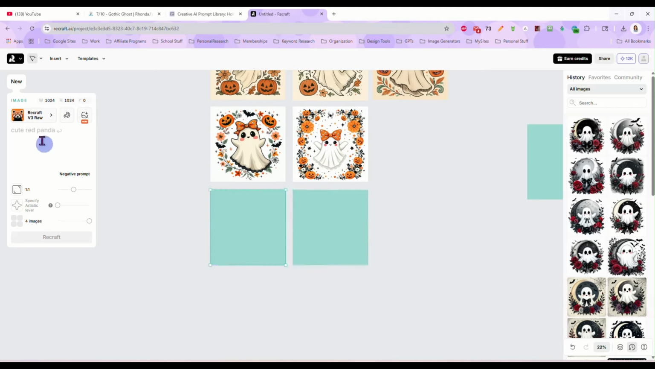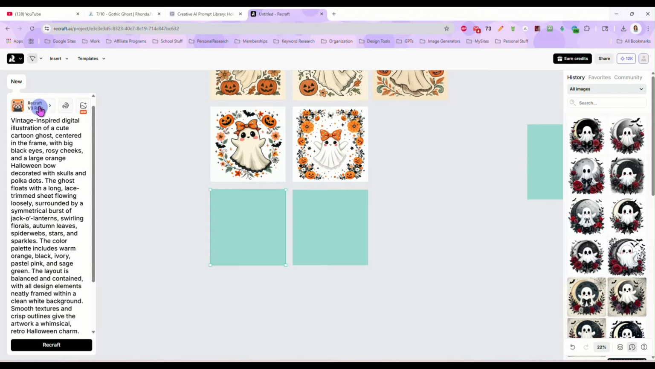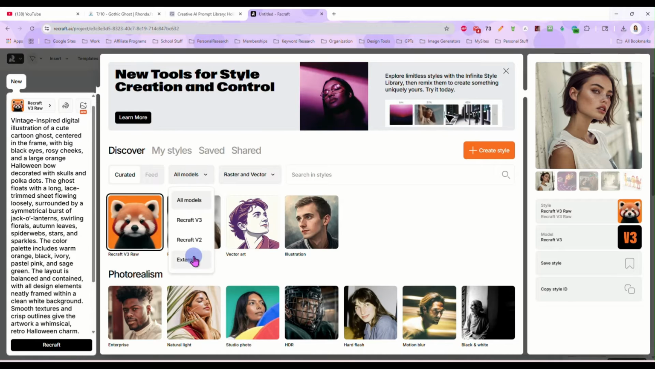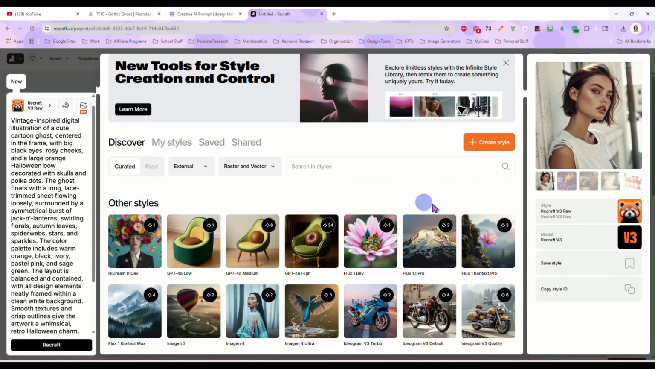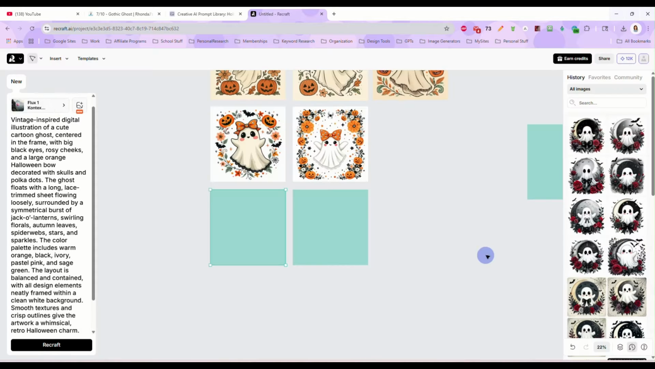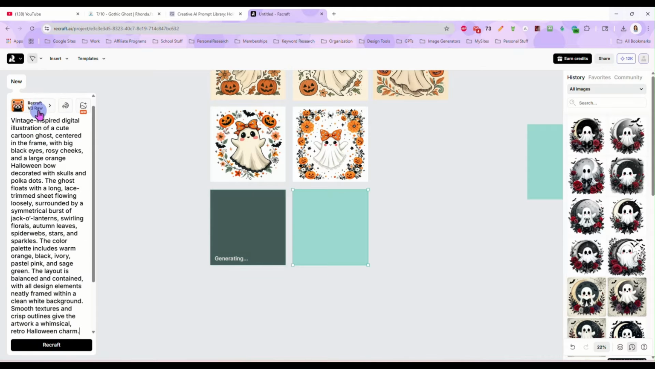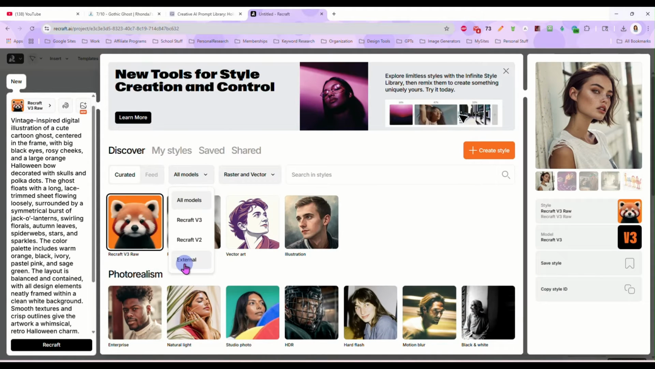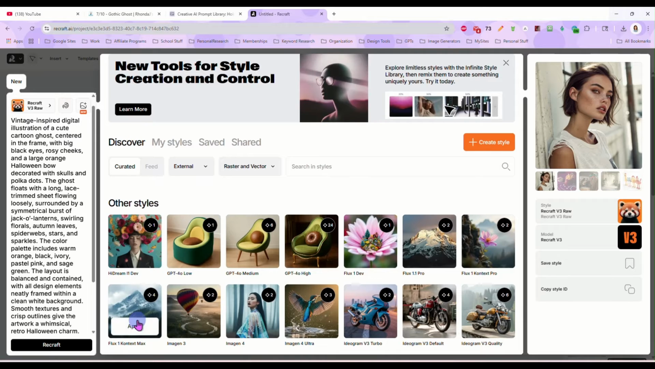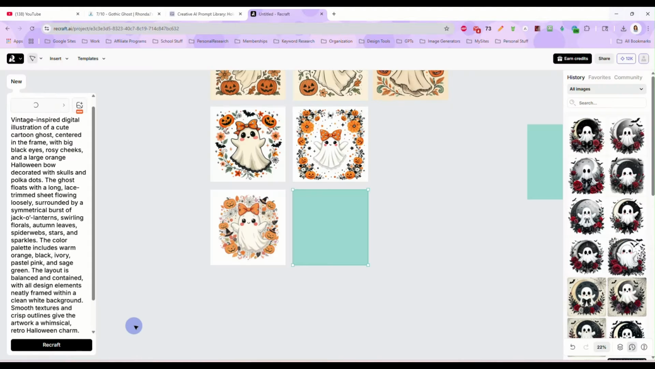Let's go find what they are. Let's paste our prompt in here. Come in here to models. Okay, we have Flux One Context Pro. We'll run that. And then this one is going to be the Flux One Context Max. And that's what we'll use for this one. Okay, and those are already